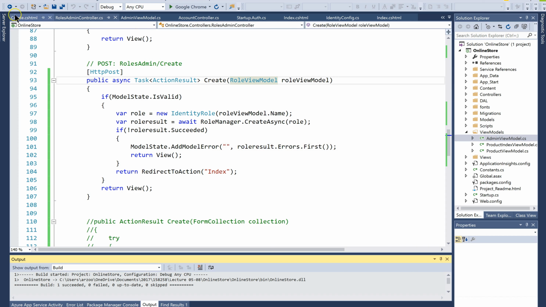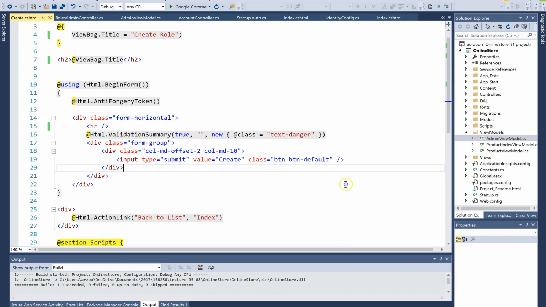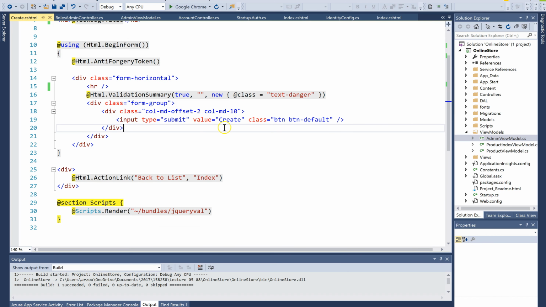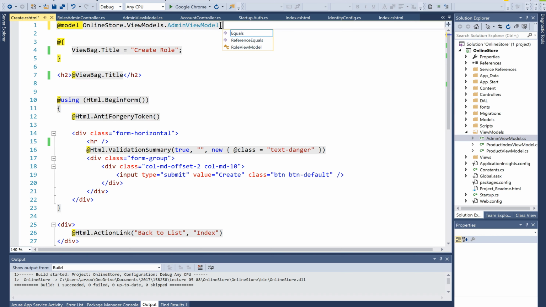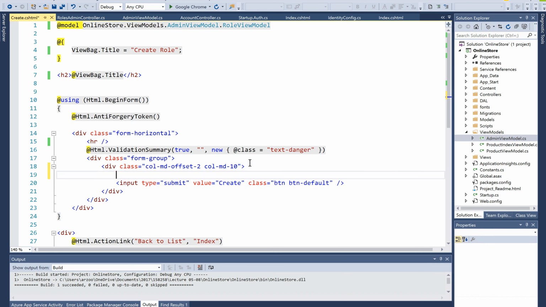This view, I had not input this admin view model, but we want to have this role view model here. So we have not written a few other stuff such as,